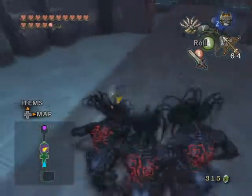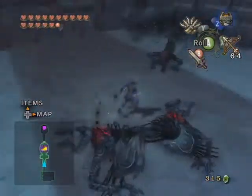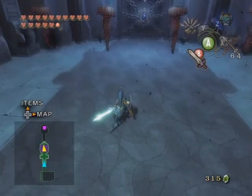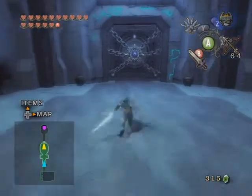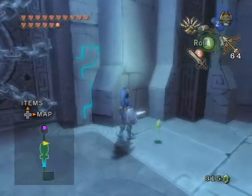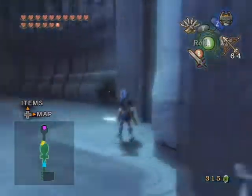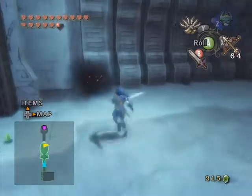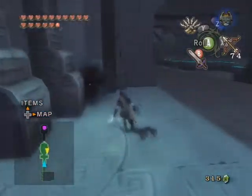A foursome. Oh, they've got more than a foursome? No, it's just another foursome. Or is that a fivesome? Dude, seriously. Any more waves? Anybody else want to fuck? Nope, alright. Everyone's done fucking, which means, of course, that there is a fairy in one of these pots. Nope, dude, I bet there's not. The game has let me down recently on the pot fairy...